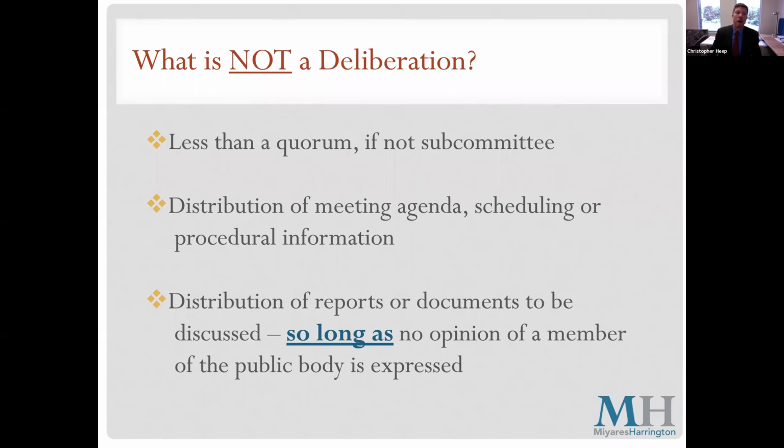And it's also not true if two members, or less than a quorum of the board members, communicate, but then serially bring in other members into the communication. So if there's a 5-member board and 2 members are speaking to one another, that can be permissible under the open meeting law. But if 2 members discuss something and then one of those 2 members goes off and discusses the same thing with a 3rd member, that has created a violation of the open meeting law, even if all 3 were never communicating at the exact same